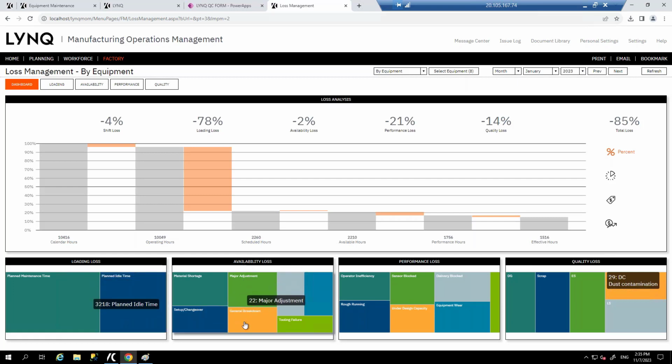And then you've got availability losses. This is essentially your uptime versus your downtime, and the reasons there are all categorized, quantified. Again, this is all drillable, so you can get to the root cause of the issue. And then you've got performance losses. This is uptime versus downtime, again, as measured against your standards that you define within Business One. You saw me recording production slower, and there were reasons why I was recording production slower or faster.